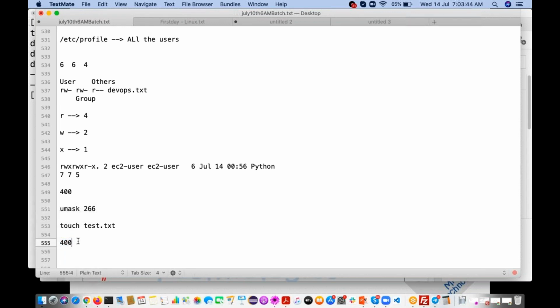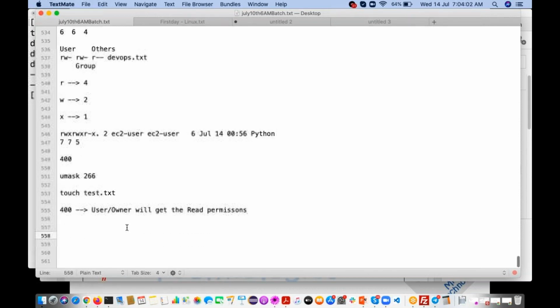So 400 means the user, or we can call it the owner, will get the read permissions. User or owner will get the read permissions. Clear?